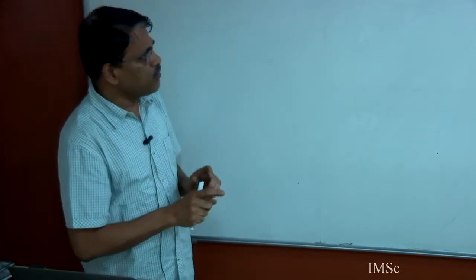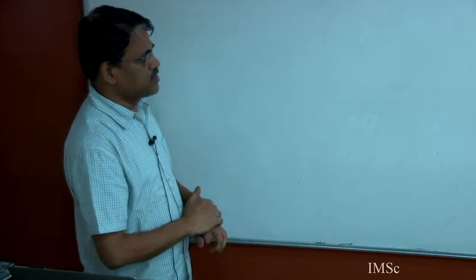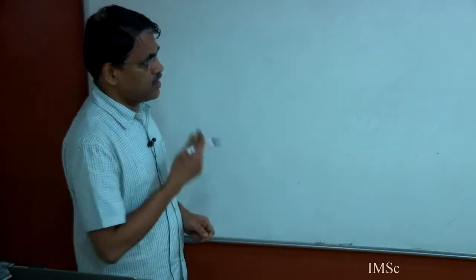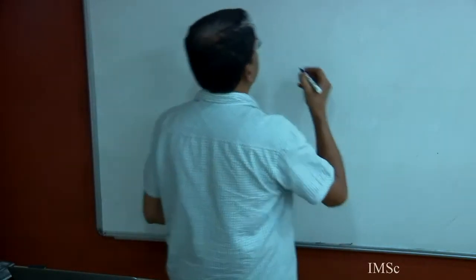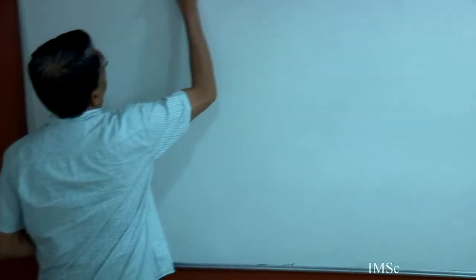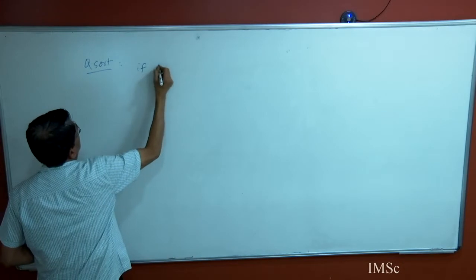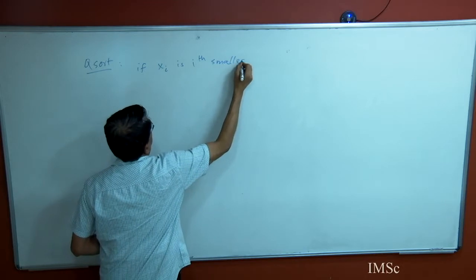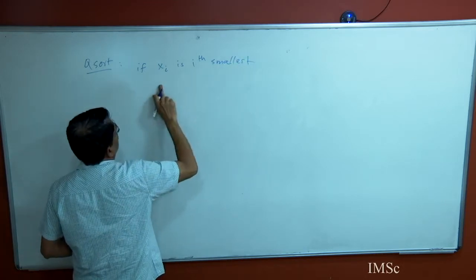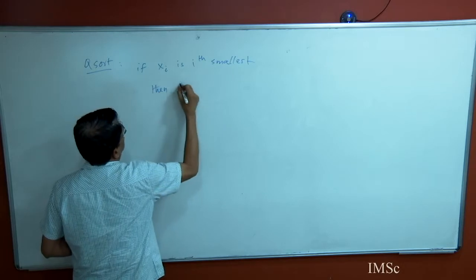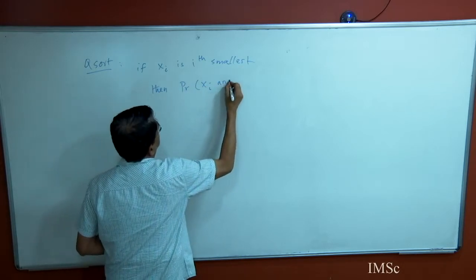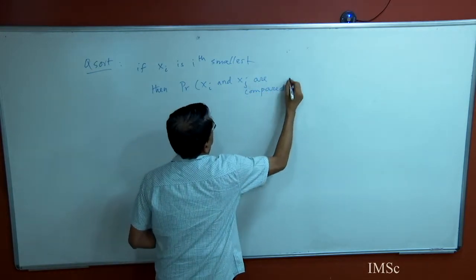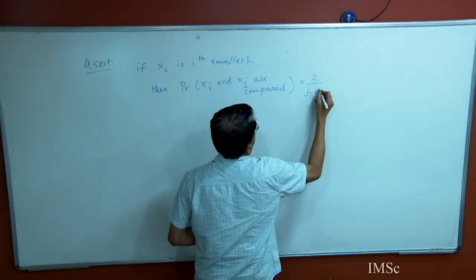For quicksort, we saw in a very similar way some sort of a recurrence, but I also gave you another slick argument. In quicksort, we said if xi is the ith smallest element and xj, then the probability that xi and xj are compared in this algorithm is 2 by j minus i plus 1,